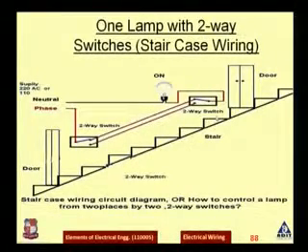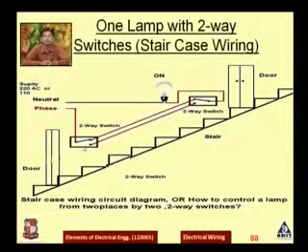Now what you will do, on reaching the top, you will turn off this switch, as this is a two-way switch. So this switch will be in this position. Your circuit will not get the supply voltage because the circuit is now disconnected because of the switching operation. So this lamp will be off. Remember, you have switched on the lamp with this switch, and you are switching off the lamp with this second switch. So how is it working,